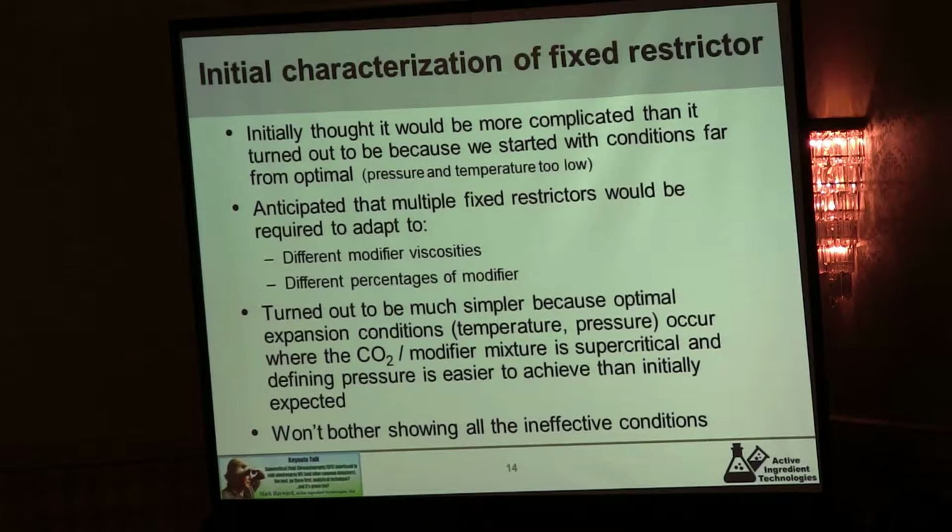So we've got our hypothesis, we've got our apparatus built to test the hypothesis. Now we need to test it. We thought the fixed restrictor would be more complicated than it was, but it turned out to be quite simple. We thought we'd need multiple restrictors, but it turned out we didn't. And the reason for that is